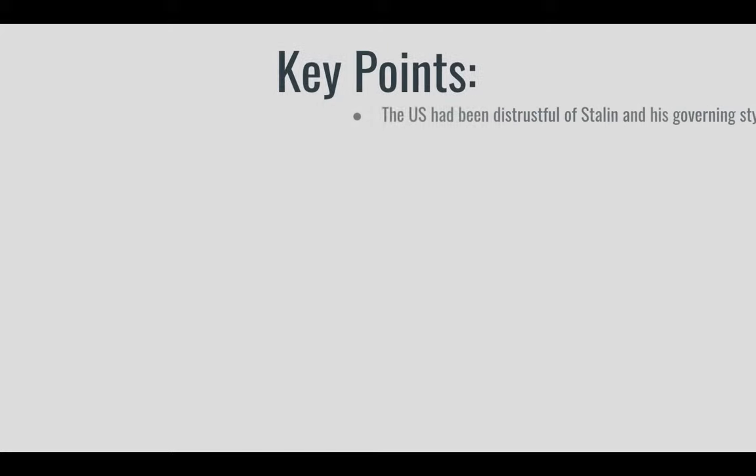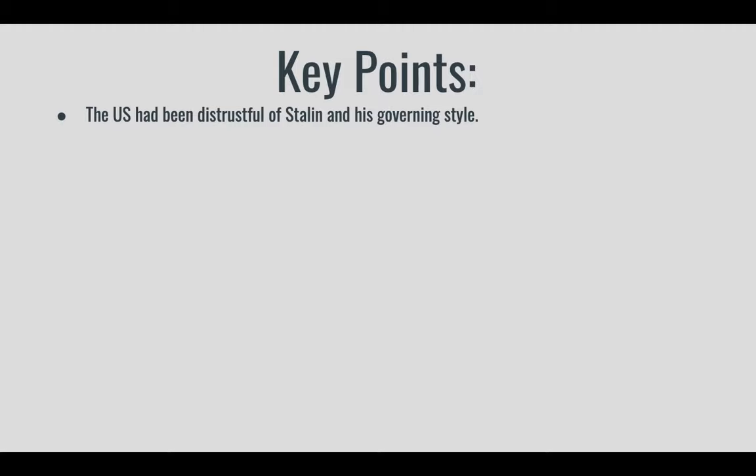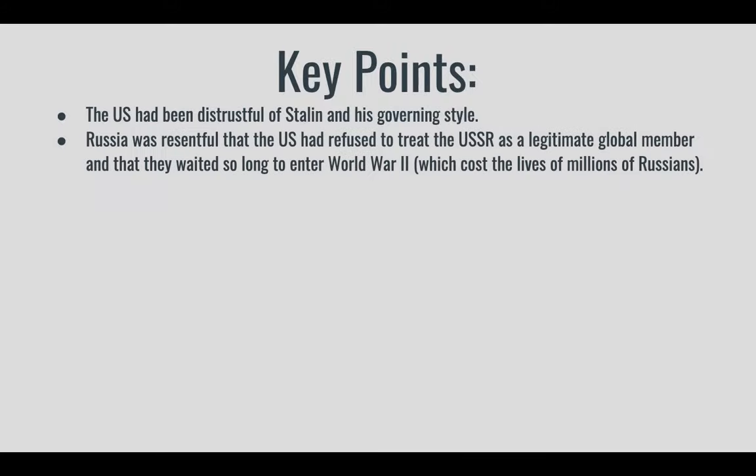So basically, the United States didn't like the USSR or Russia. They didn't like the way Stalin governed his country. On the flip side, the USSR felt like the United States kind of snubbed them and didn't treat them like a legitimate global member. Also, they were mad that the United States took so long to enter World War II, because that meant that Russia kind of bore the brunt for stopping Hitler's progress for a while, which cost millions